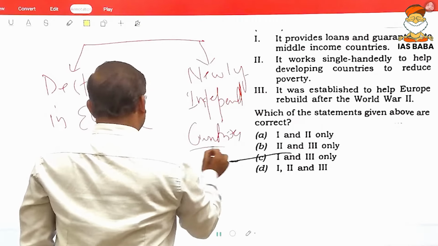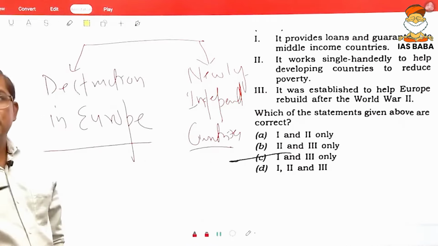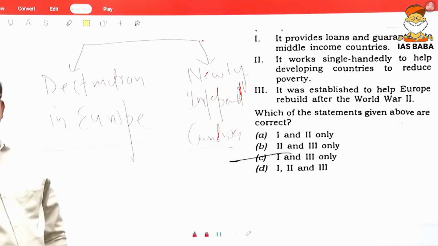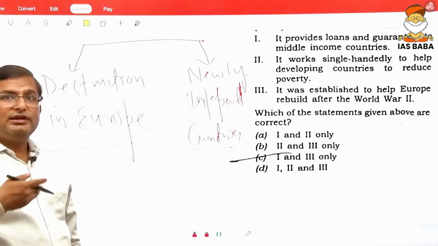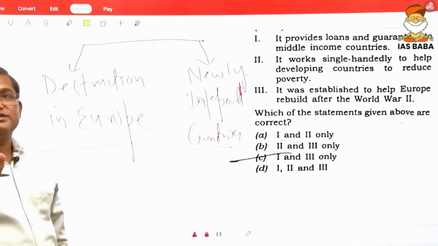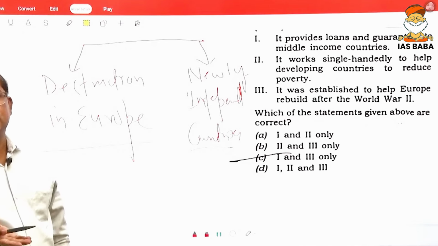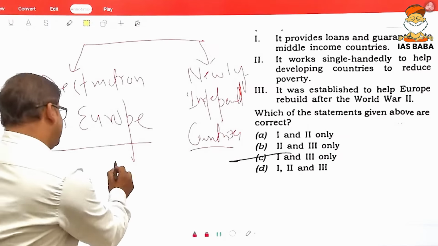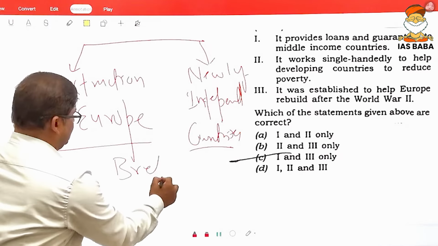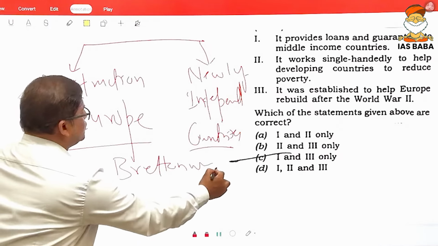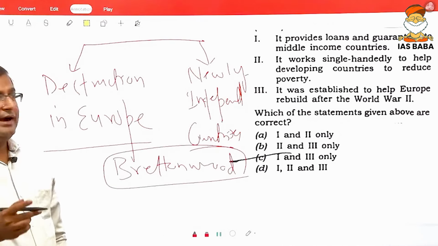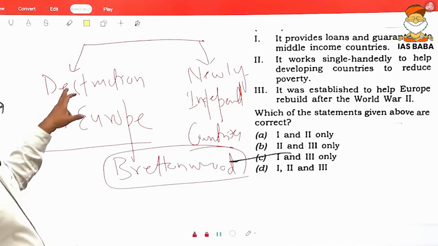See, one of the causes of World War II was also economic, and the absence of international bodies to regulate economic affairs, international economic affairs. So after World War II, a conference was held in Bretton Woods in the USA, named the Bretton Woods Conference. So what was the idea behind this conference? The idea behind this conference was to